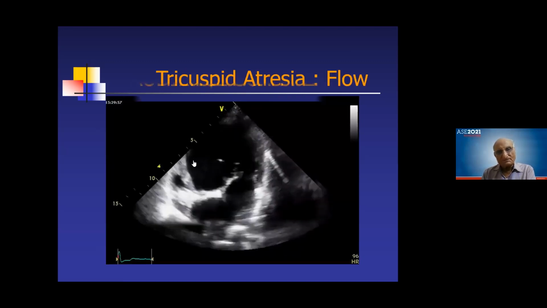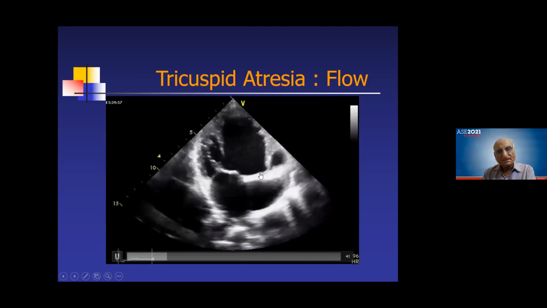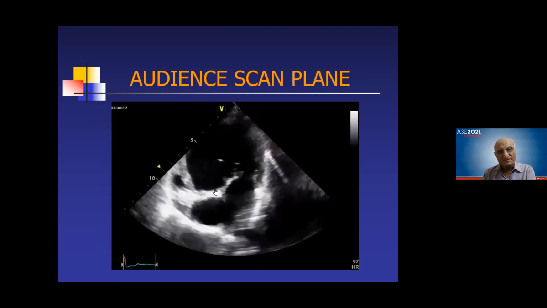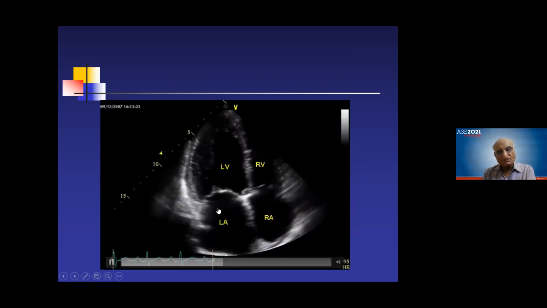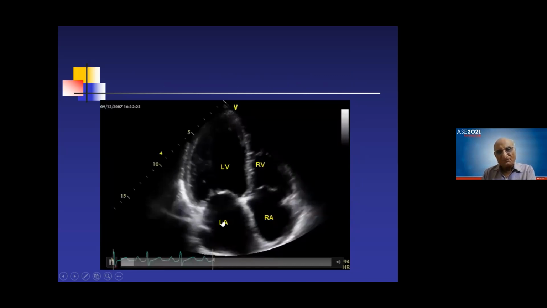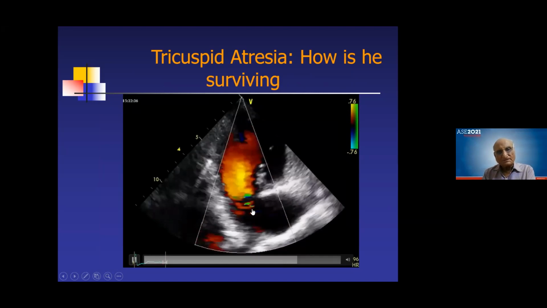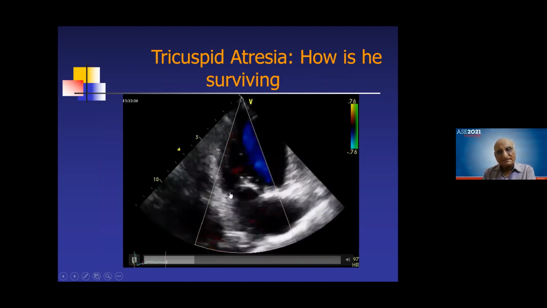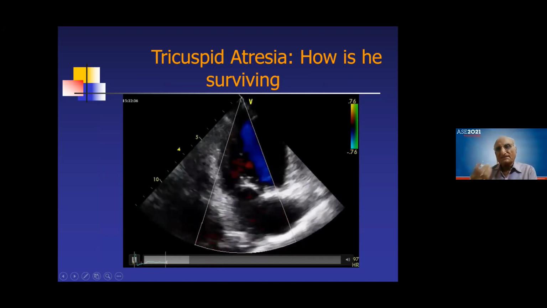Now, as you can see here, this is not a hypoplastic right ventricle, it is a well-developed right ventricle. And here you see a hypoplastic right ventricle and a tricuspid atresia. And the same here. Now we have to show a right to left shunt, otherwise in the diagnosis, you don't know how the child survived. Now, even in the era of color flow mapping, because this was an adult patient, you see this is the pulmonary vein and it goes into the LV, but we could not show any significant flow from right atrium to left atrium. Though the diagnosis is clear, we have to demonstrate a right to left shunt.